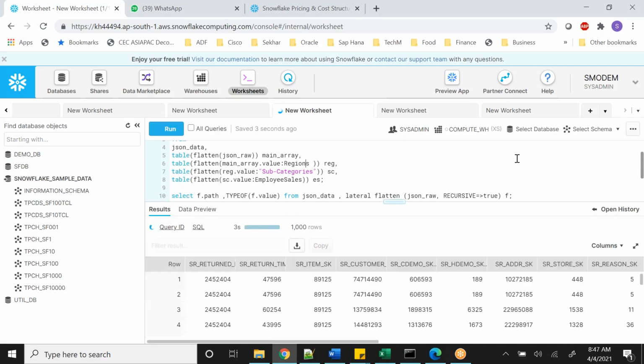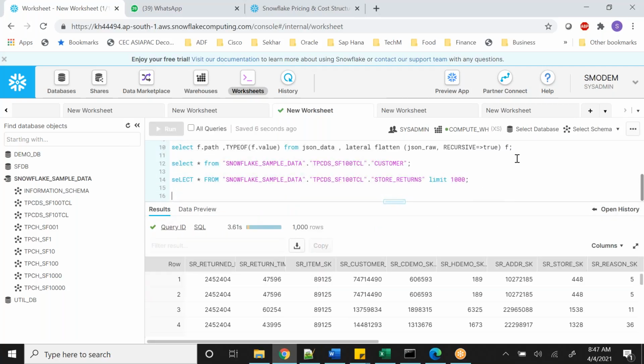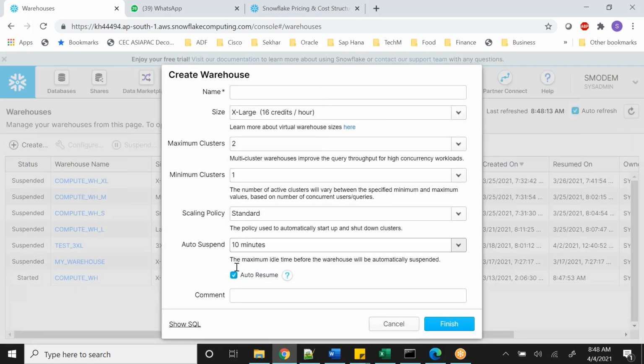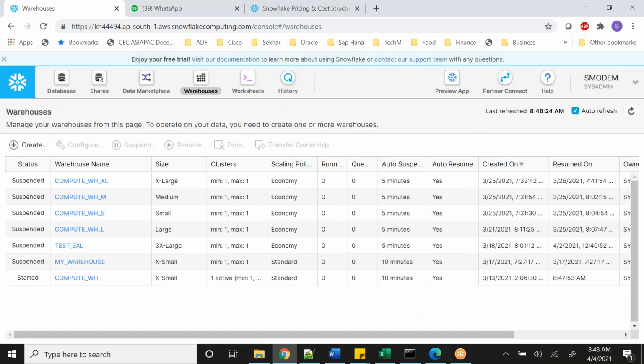So I'm trying to run and get how many records? 1,000 records. If I go to my warehouses, can you see this? Started. So did I start this virtual warehouse? No. This is the setting in the virtual warehouses. You can say auto resume. So whenever somebody issues a query, it wakes up and then processes the data. In the background, this is easy to note, the moment you suspend, that virtual warehouse is not with you. And whenever you query,